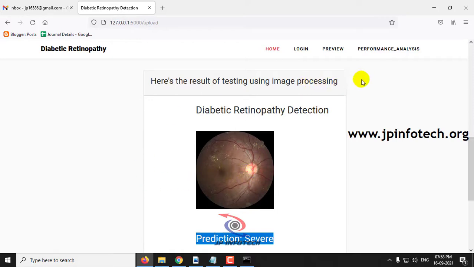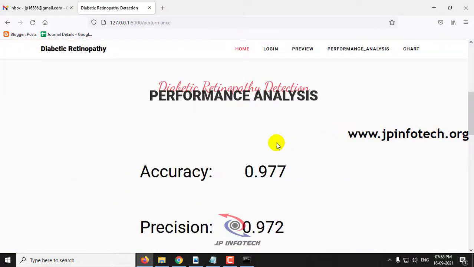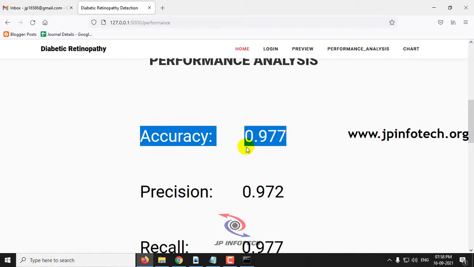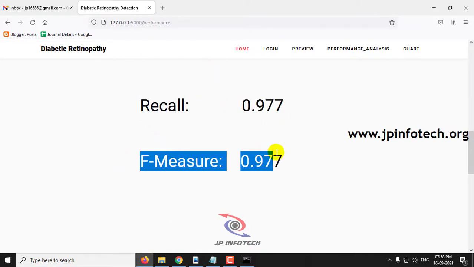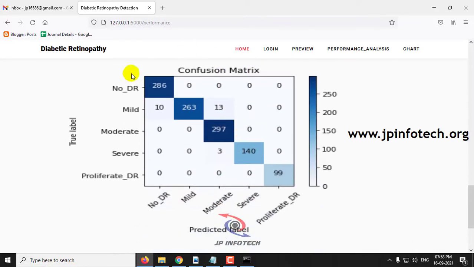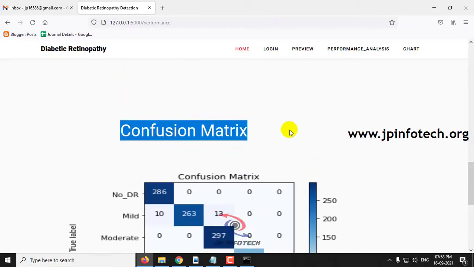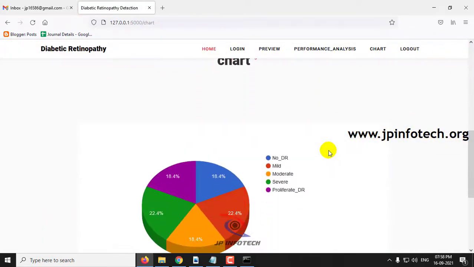Now let me navigate to the performance analysis part. In this part you can see the accuracy, precision, recall and F-measure values, and here you can also see the confusion matrix for each class: no DR, mild, moderate, severe and proliferate. The final one is the chart part, and this is also a static chart.